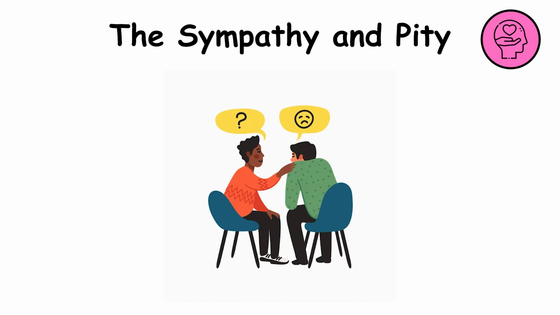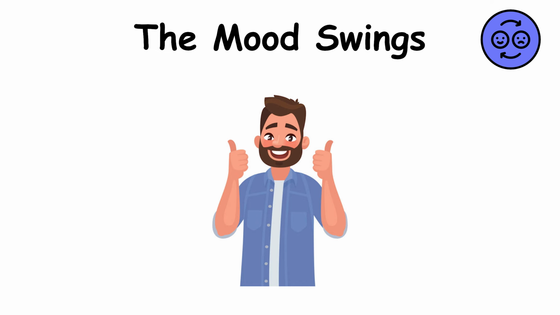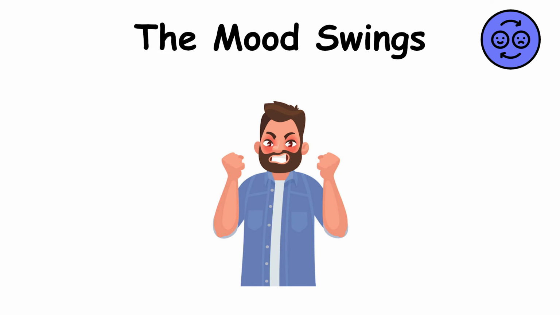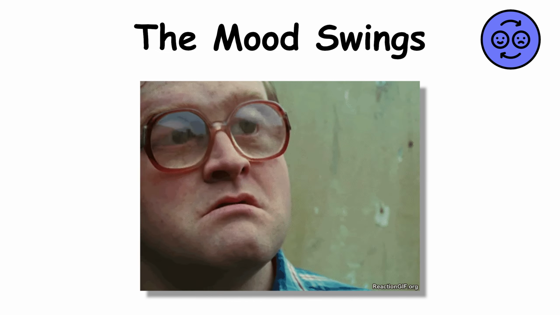The 15th technique is mood swings. The manipulator abruptly changes their mood from joyful to aggressive to keep the victim on edge. This creates a sense of uncertainty and fear in the victim. For example, the manipulator might be friendly and affectionate one moment and suddenly become angry and start yelling the next. This keeps the victim constantly alert, trying to avoid situations that might trigger the manipulator's negative reactions.